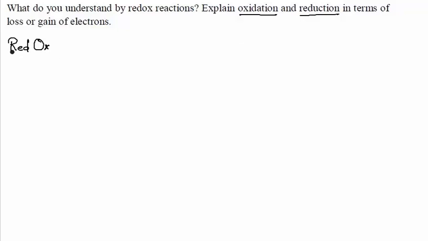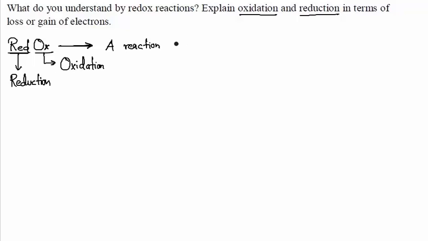Can you guess what is the meaning of this red, from where this particular word is coming? Basically, this red is the first three alphabets of the word reduction, and this ox is the first two alphabets of oxidation. Okay, so simple. If you want to define redox, how do you have to define it? A redox reaction means what? A reaction in which